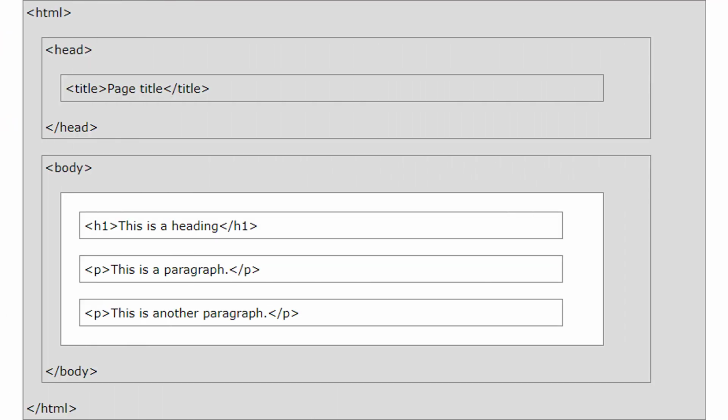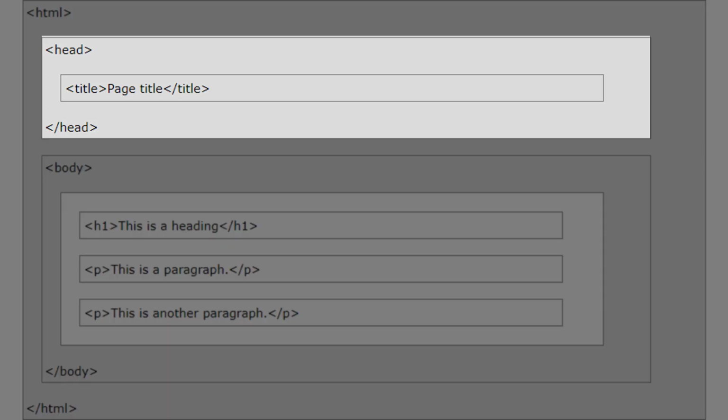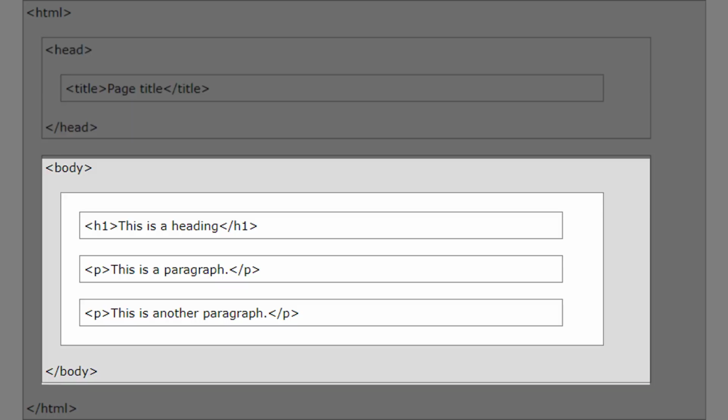This is a visualization of an HTML page structure, where HTML is divided into two elements. The first element is the head and the second element is the body. The head element is a container for all the head elements. The head element can include a title for the document, scripts, styles, meta information, and more, whereas the body tag defines the main content of the HTML document, or the section of the HTML document that will be directly visible